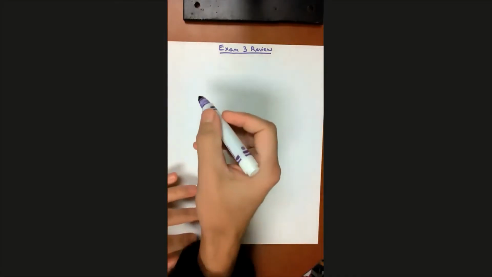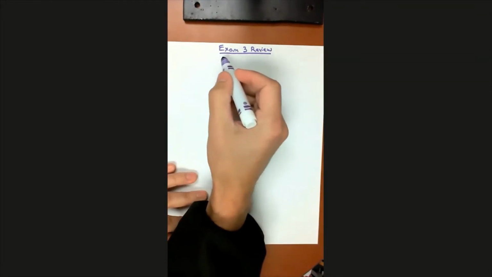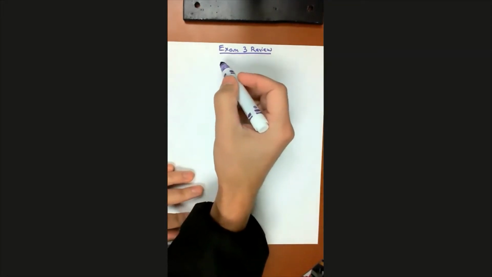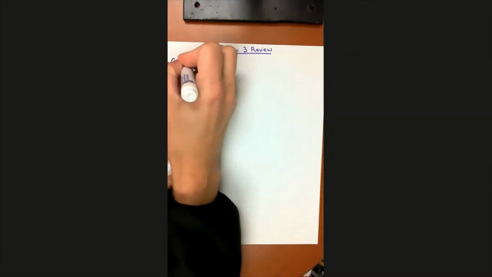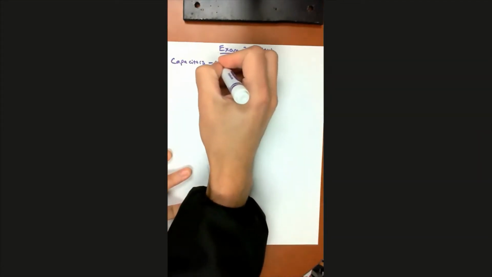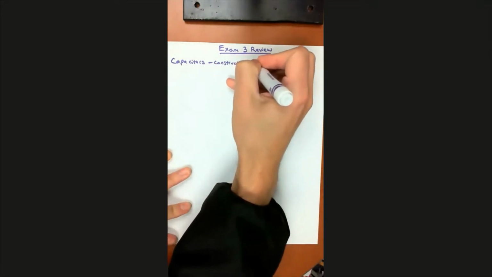All right, let's talk about the topics that we've covered since exam 2 that are going to be on exam 3. Notice I'm calling it exam 3, not the final exam, because it just counts like exam 1 and exam 2 did. They're all equally weighted. So the first thing that we covered after exam 2 was capacitors, and you should know about their construction and their operation,